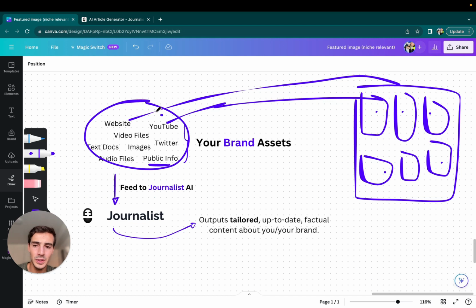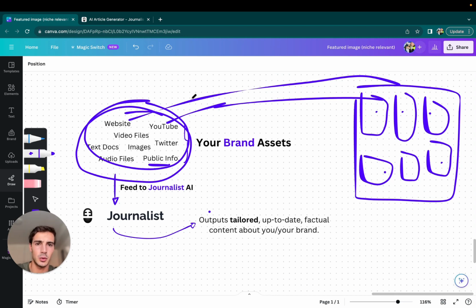So we take all of your brand's assets, right? Sites, images, videos, audio, whatever it is, and we feed it to this AI, and this AI will generate and post AI content based on your brand. This is super, super powerful, right? It's not just generic content. It's content that even has the tone of voice of your brand. It knows everything about your brand, and so it can produce content that you as a brand owner would be producing. So essentially it's your assistant, right? And it does this on autopilot for you.